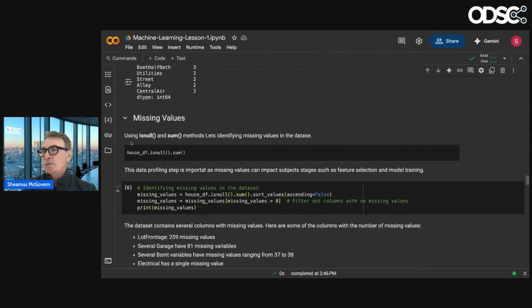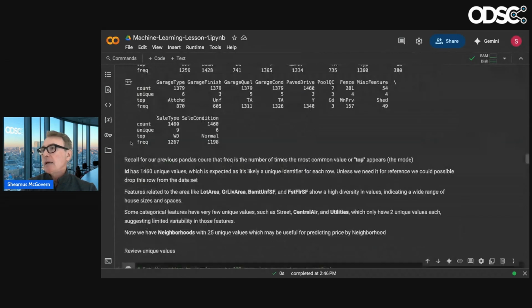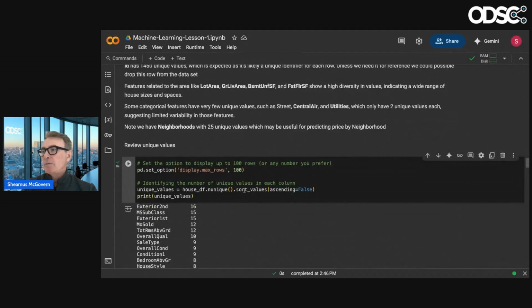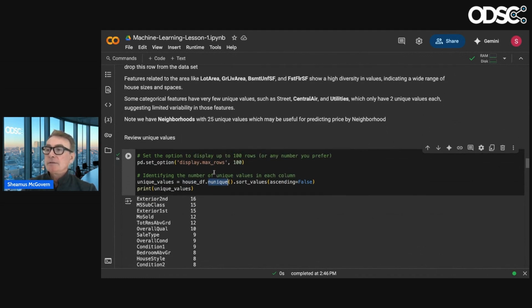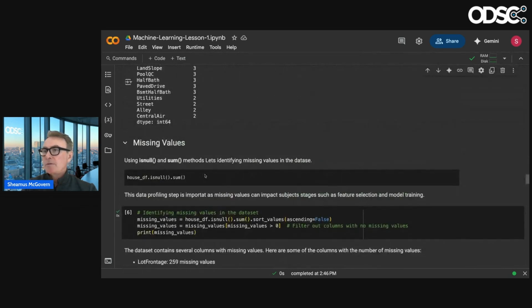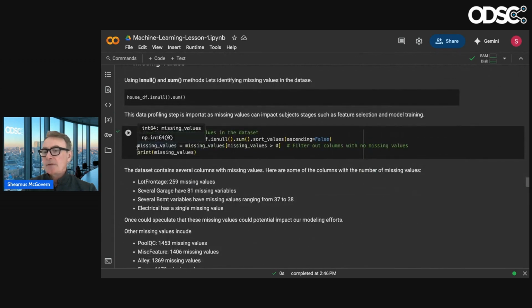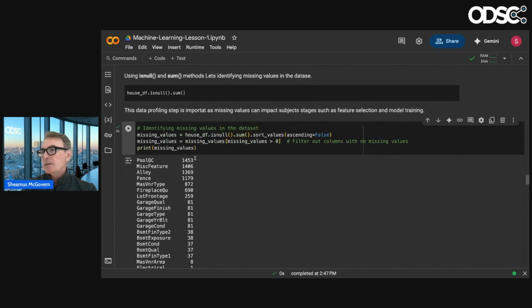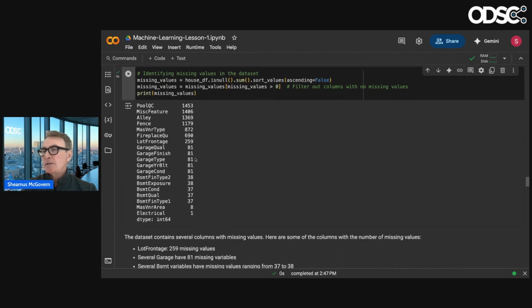And now, of course, we're doing what we did last week. So again, we're looking at the number of unique values in each column. And then here, what we're trying to do is look for null and missing values again. So did that last Tuesday, pretty common.